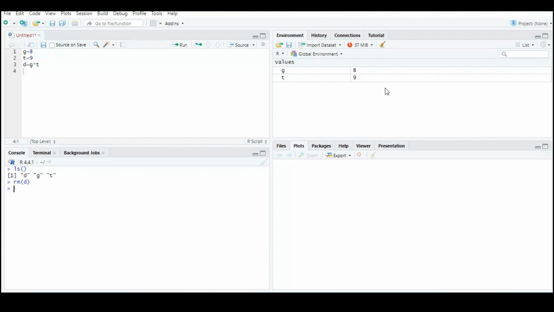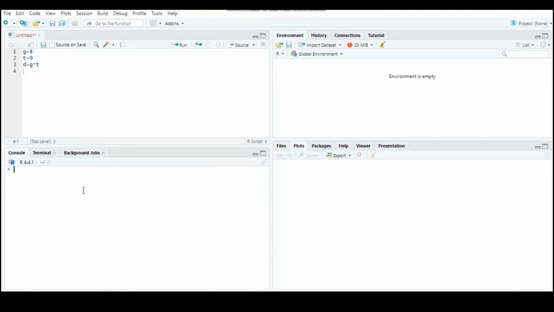Of course, you can remove even two or more. Another important thing is about the data types. In R we have three main data types that we can store. Of course we have the numbers, the numericals, and we have text, logical values, and factors. All these data can be stored in R so that they can be used in analysis. And remember, it's very important to understand the data type that you have put. So, for example,